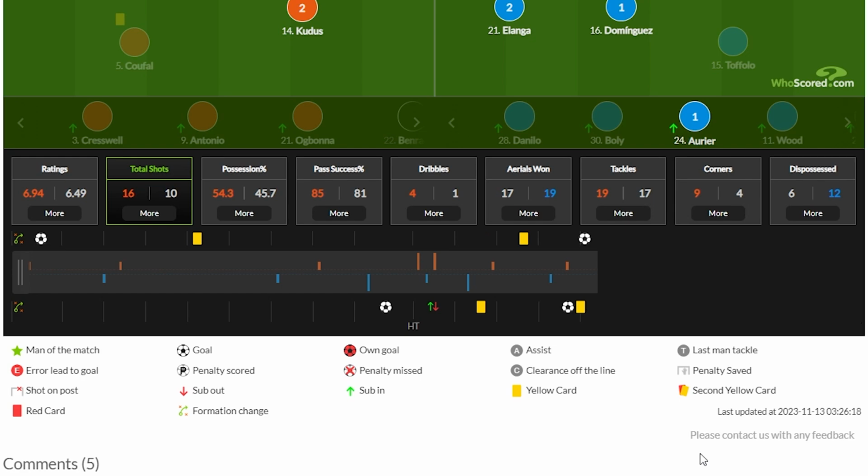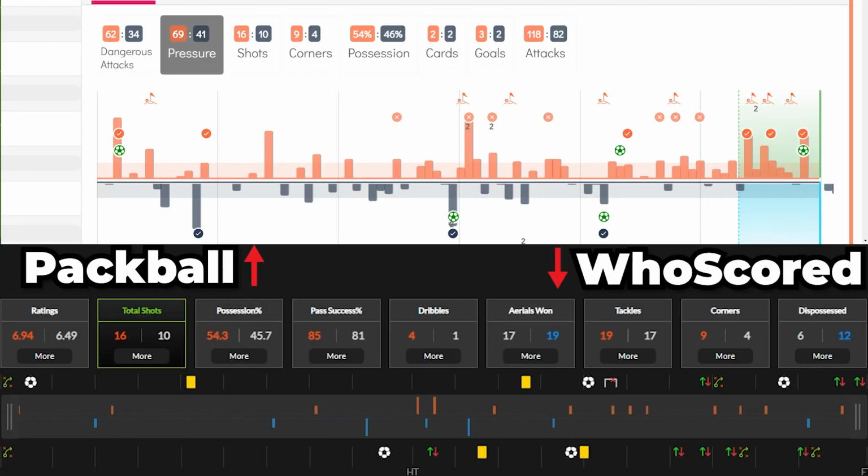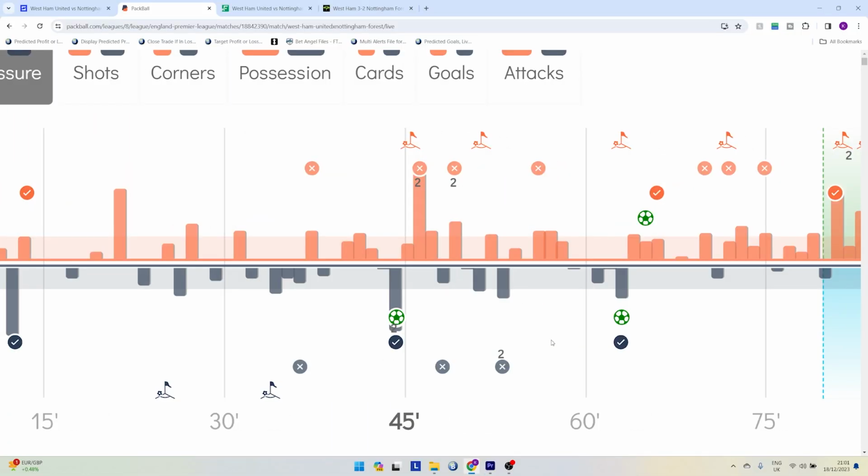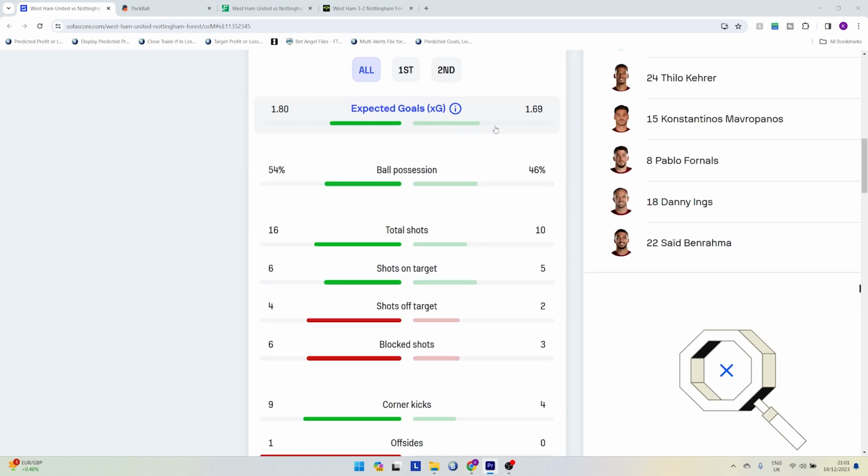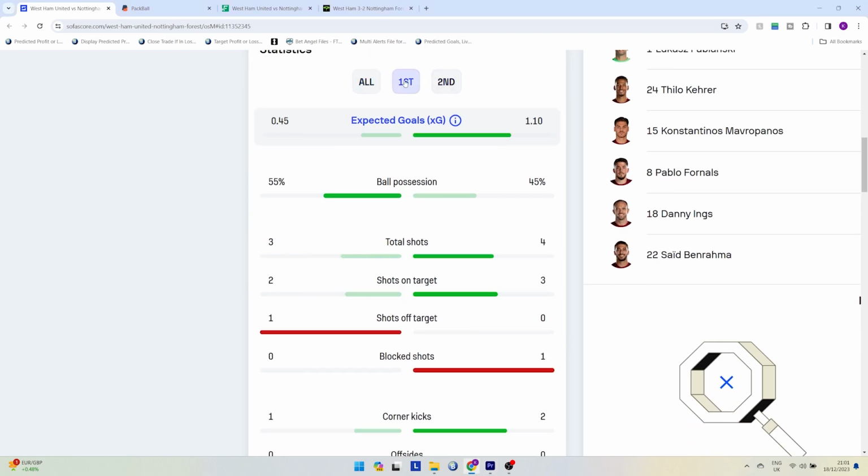clearer picture of how the game was progressing. This is visually displayed better on PackBall, but you can get the same information from WhoScored. Before the goal was scored, we saw that West Ham had 2 corners and 5 shots, and Forest had 3 shots. You of course would be able to see these second half stats from SulScore, but not whereabouts they occurred,